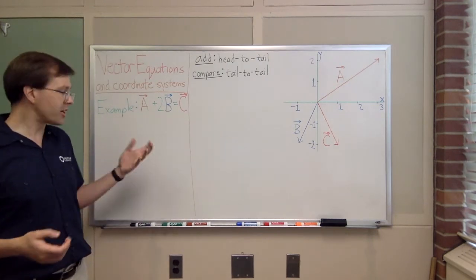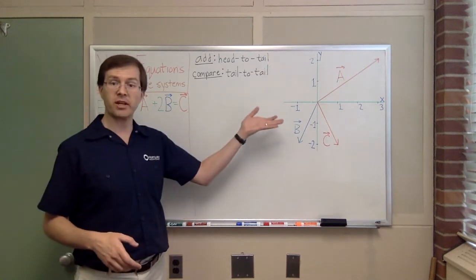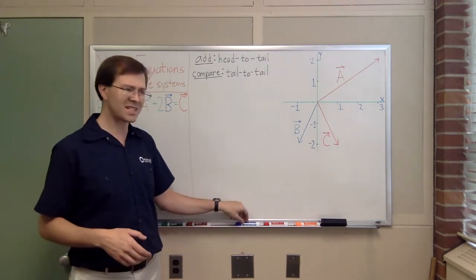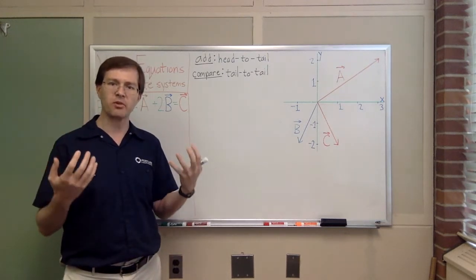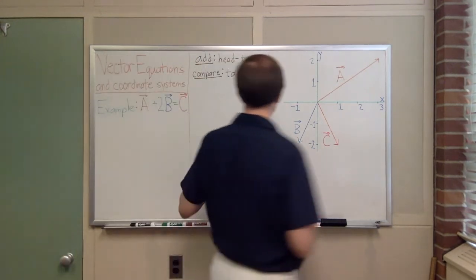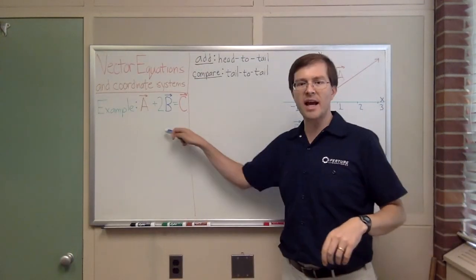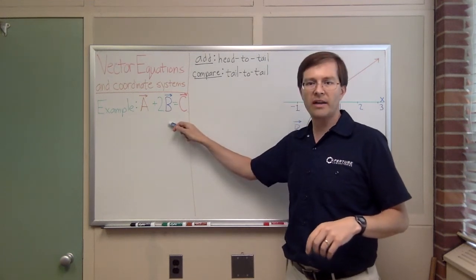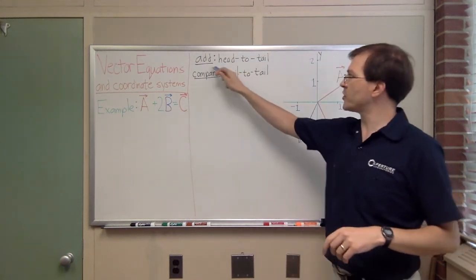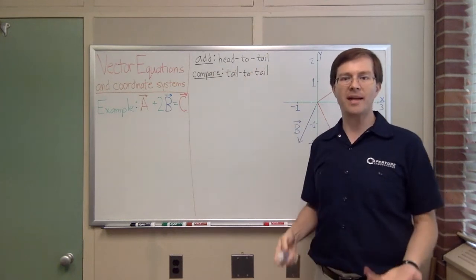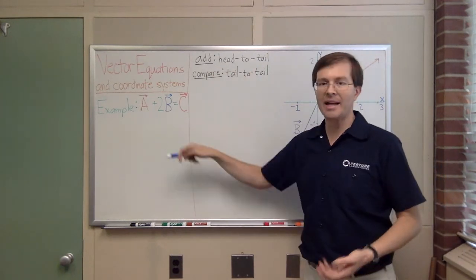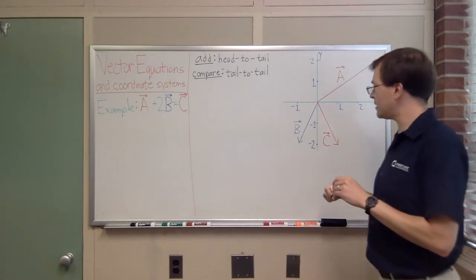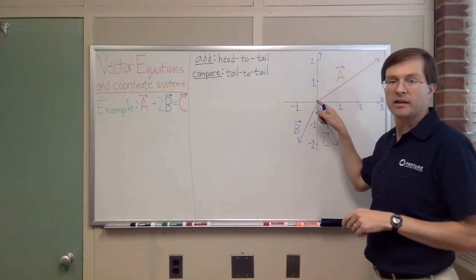vector. And I'm going to first tell that story with just the pictures, with the arrows themselves, because that's a big part of how I, as a physics person, think about vectors. So what's that equation mean? It's a left-hand side equal to a right-hand side, and the left-hand side is a sum of vectors. Vector sums, when you're adding two vectors, you add them head to tail. So this left-hand side, a plus 2b, tells me that I start at the tail of a, and I follow